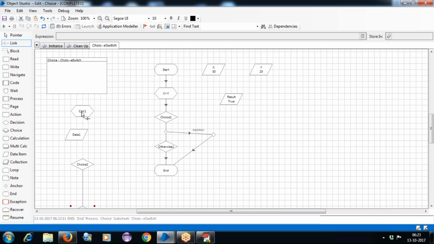Similar to that, we often have a requirement to perform multiple calculations here. Then we will take one more data item, the multi calculation here. You can see here, this is one single calculation, and this is multiple calculations here. So we'll discuss in the next level how we can handle these multiple calculations, along with some of the other stages here.